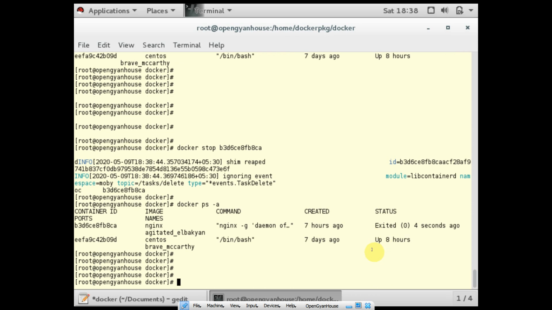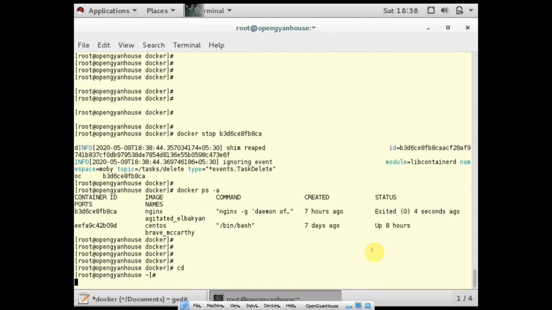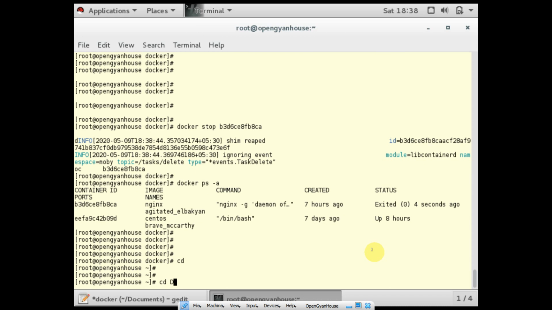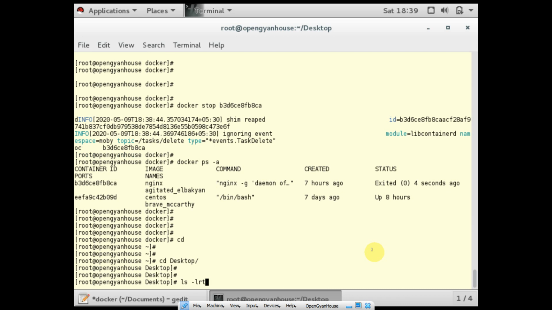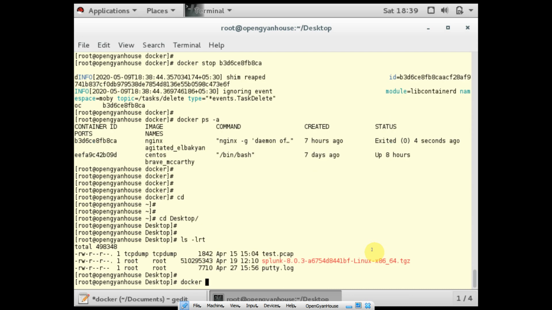And if you want to copy any particular file to your container, you can use the command docker cp and then the file name, and now you have to pass your container ID. Let me copy from here, and then you have to pass the path.